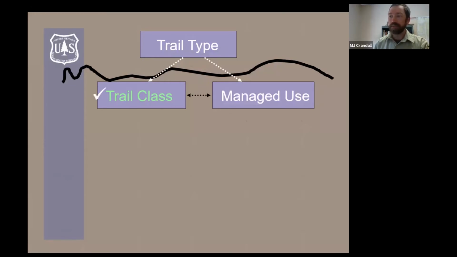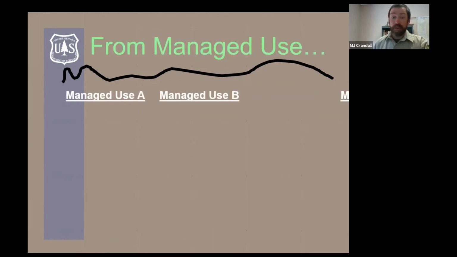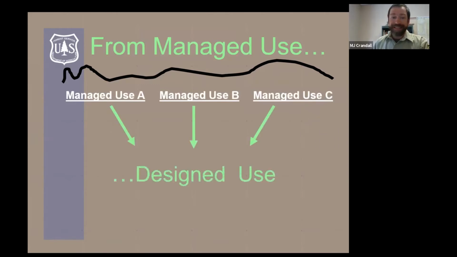So we've got trail type, managed use, trail class. All of these things are sort of working together to paint the picture of how we're going to manage a trail. So that gets us to, when we have all these different managed uses, we have to decide how we're going to design that trail,